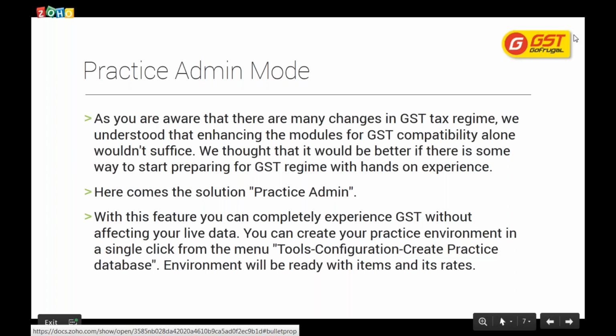Let me start from practice admin mode. As you are aware that there are many changes in GST, we understood that enhancing the modules for GST compatibility alone would not suffice. We thought that it would be better if there is some way to start preparing for GST with hands-on experience. For that, we have introduced practice admin mode. With this feature, you can completely experience GST transactions without affecting your live data.